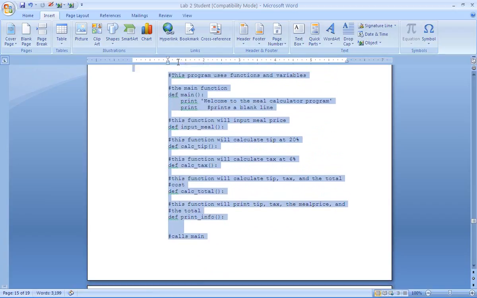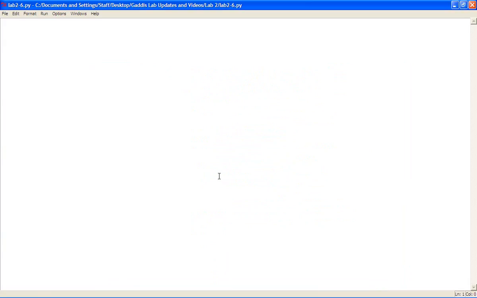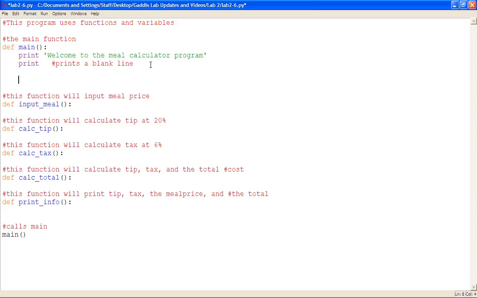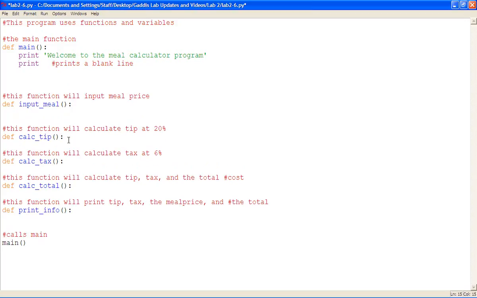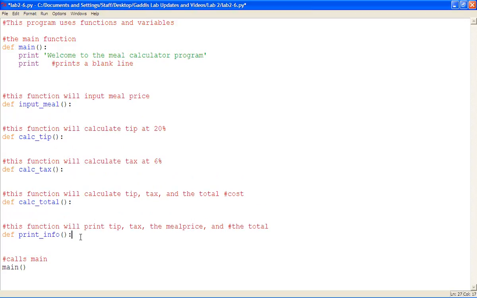and add it into our Python. Now when you create your Python code, make sure you label this lab2-6.py. Now here we have the basic structure set up where main is going to have all of our calls, so we'll have our calls here, and then down here we have all of our different modules. So we will code inside each of these modules